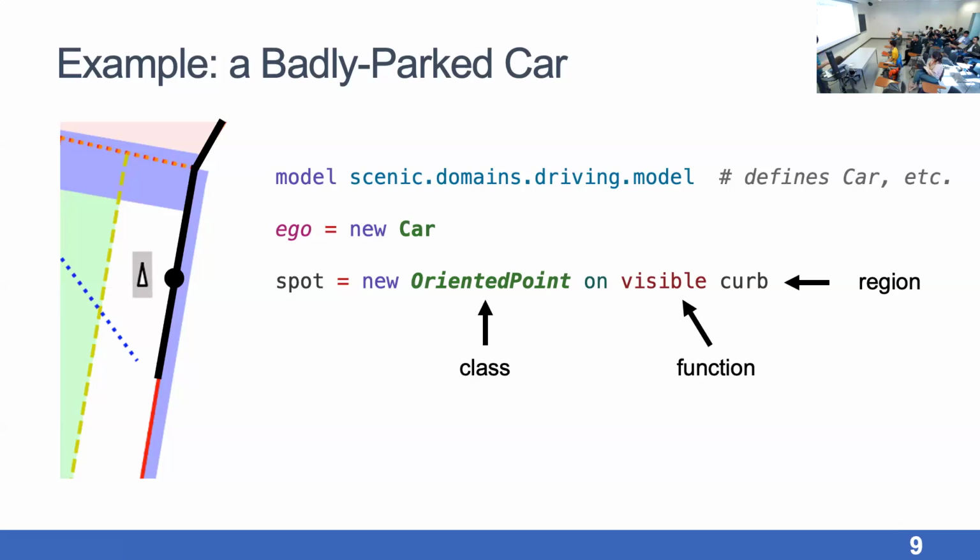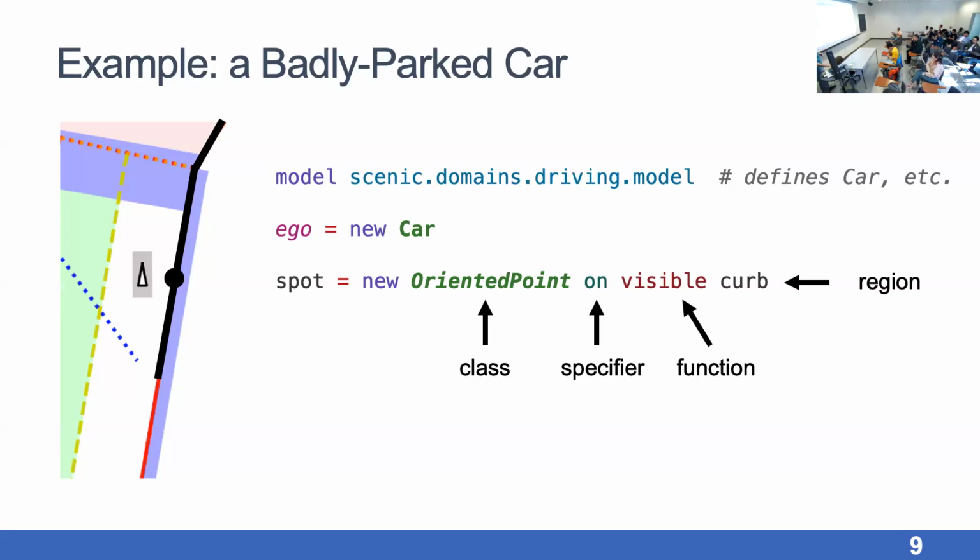And the oriented part is going to help us here because it turns out this curve region has what we call a default orientation associated with it. So at every point on the curve, we also know what is the direction the curve is facing at that point. So this on syntax here is what in Scenic is called a specifier. So when you're creating an object in Scenic, you have to say what all the properties of that object are, the position, the orientation, and so forth. And Scenic's specifiers give you a lot of different ways of specifying the values of those properties in a natural